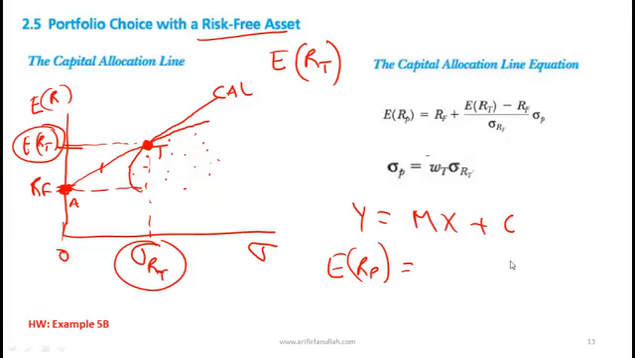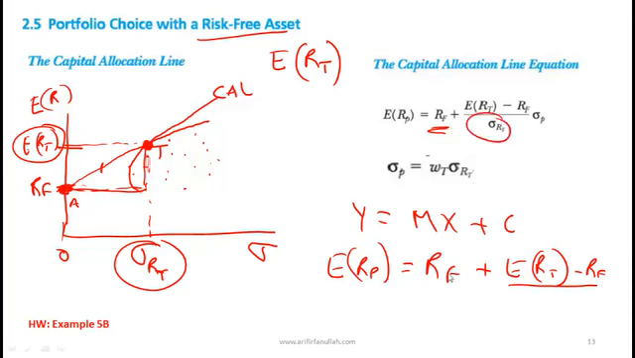It's the risk-free rate. Let's just put the c first to put it in this form. So the c is coming first. That's the intercept on the y-axis, which is rf, plus what is the slope? The slope is the change in y over the change in x. What's this distance? It is the expected return on T minus rf, divided by what's the change in x? It's the standard deviation of the